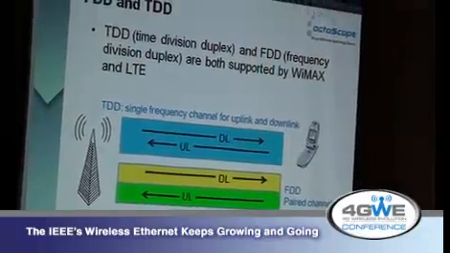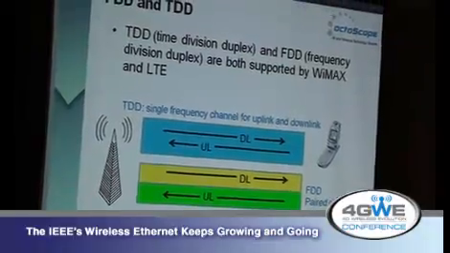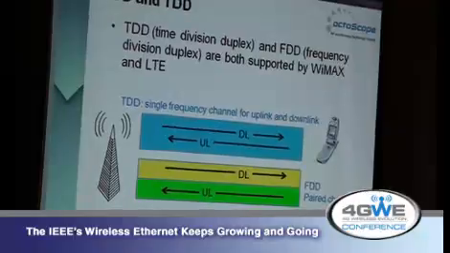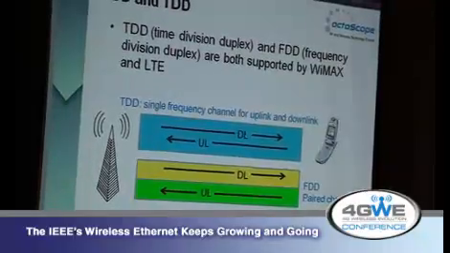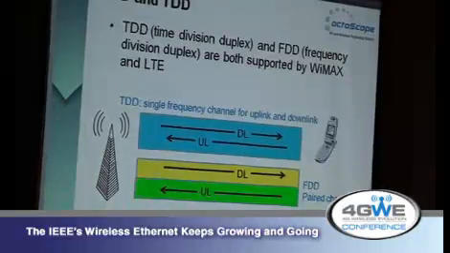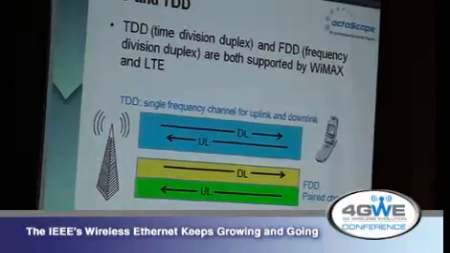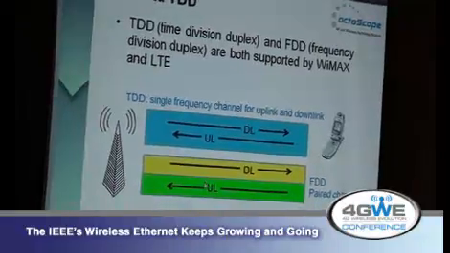Another concept that's important to introduce is that of TDD and FDD. TDD is time division duplex, and FDD is frequency division duplex. Traditionally, 3G cellular technologies and 2G have been allocated spectrum, uplink and downlink spectrum, so that you would have one channel for a station to communicate to the base station and a different frequency channel from the base station to go downlink. And the spectrum is allocated as pairs of uplink, downlink spectrum.